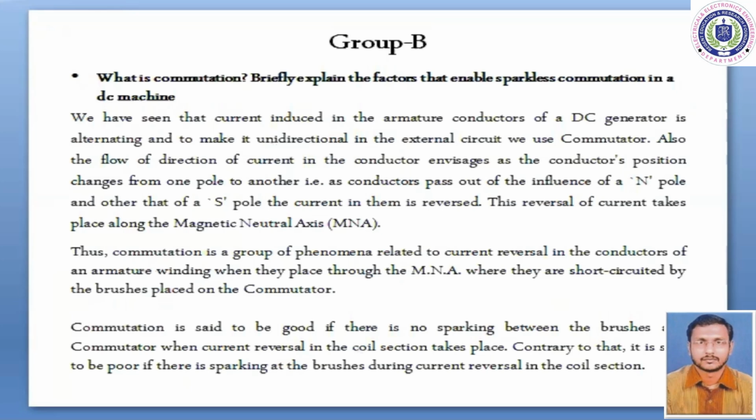Again, for answering this question, you have to know the key points which you have to mention. First of all, you have to define the process of commutation, how it can be achieved, that you have to also explain, and then you have to conclude when the commutation is good or poor